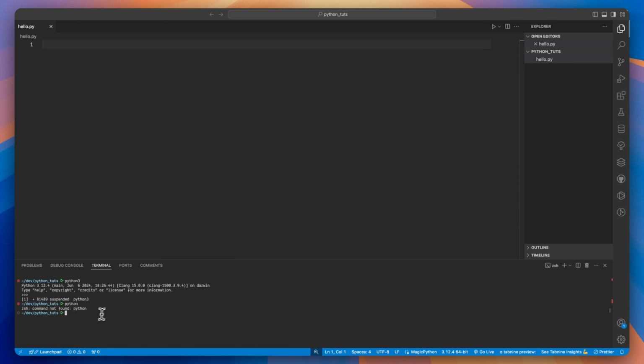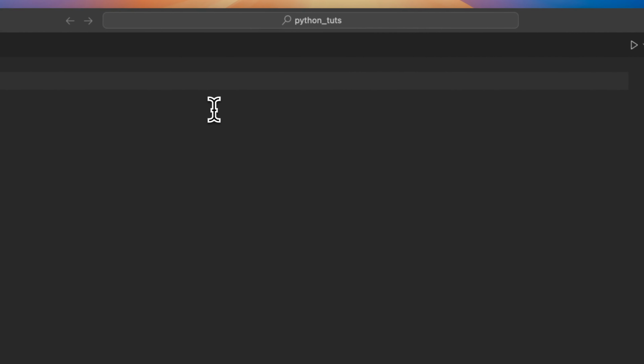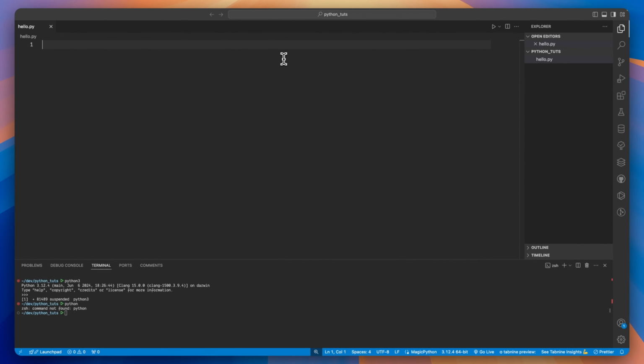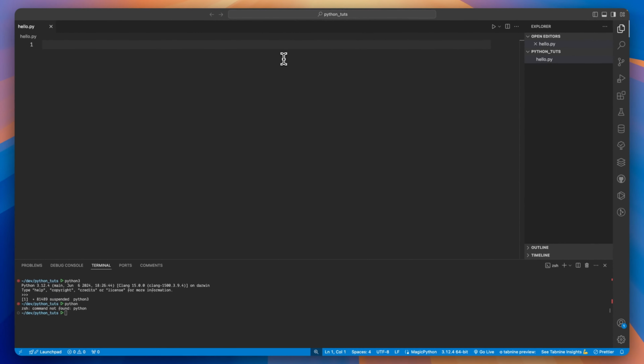But once that is done and you have Python on your system, now when you've created the hello.py file here, we are just going to write our very first program. Now this is just so we are able to go with tradition, which is to print a hello world program. After that is on the next video where we're going to start with working with Python and learning concepts in Python. So for now, let's just write print